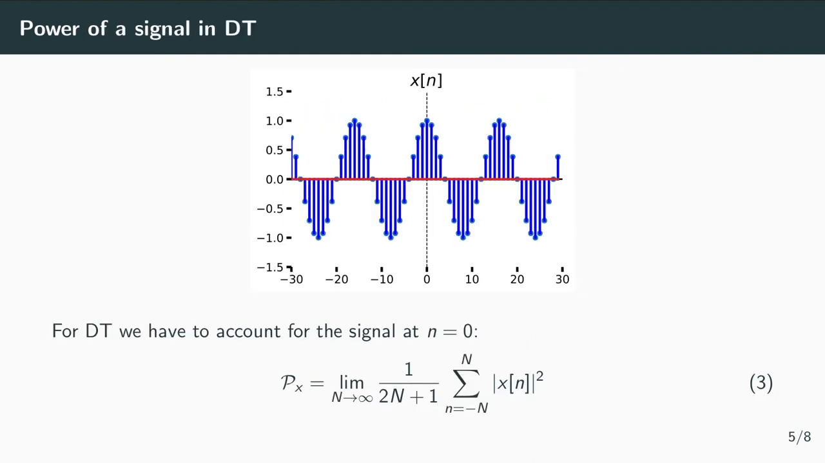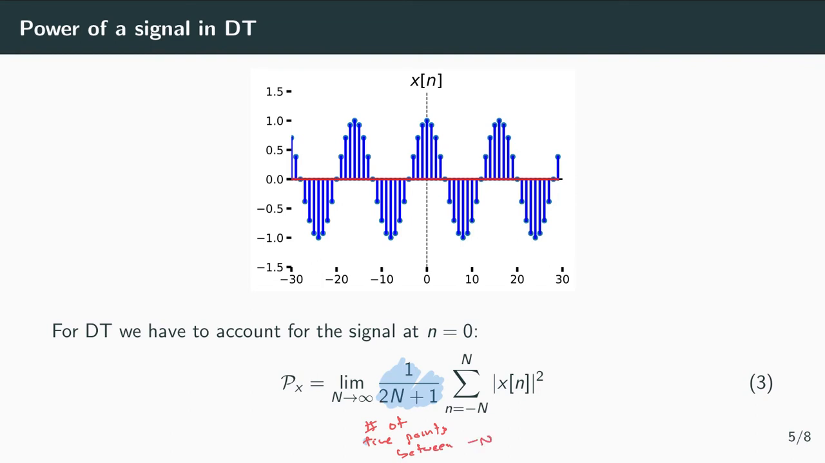We can do the same thing in discrete time. So in discrete time, the power of a signal is defined in the same way. Here we're looking at, again, the number of points. So this is the number of time points between